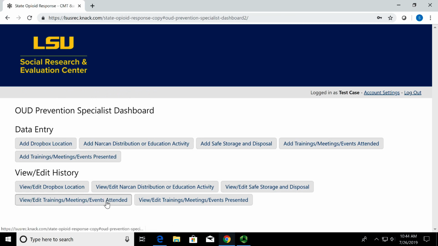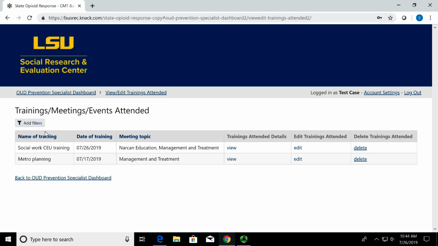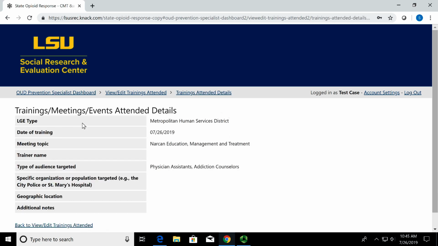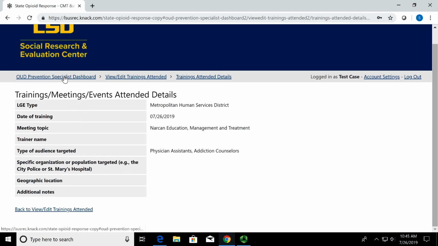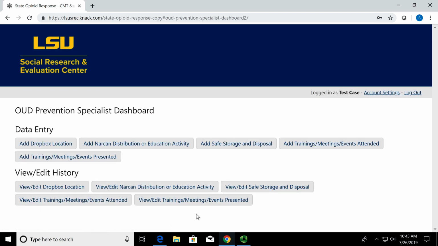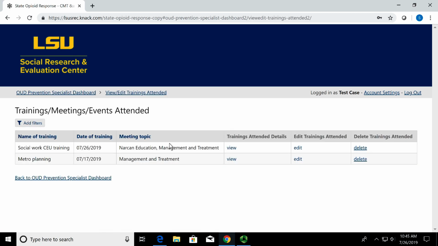So now I can go and view the trainings, meetings, events attended. I've got the filters. I've got the view, edit, delete, and you can scroll through and see that this is similar to what we saw before. It's a way of being able to look at what you've documented or to make edits if there's a change needed. So if I find out, well, on the social work CEU training,